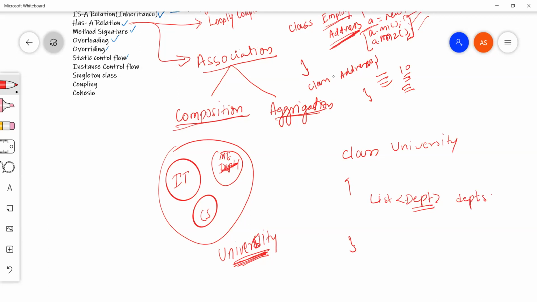Now, if I say this university is going to close due to some illegal activities, for example, all the departments will get closed by themselves, isn't it? If there is no existence of the university, would there be any existence of these departments? Tell me yes or no. Yes, Anuj.